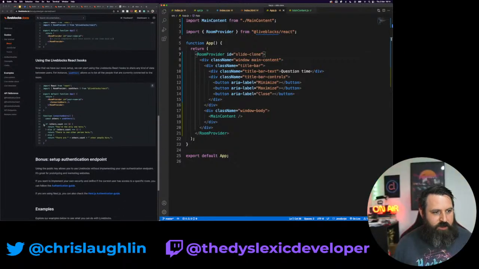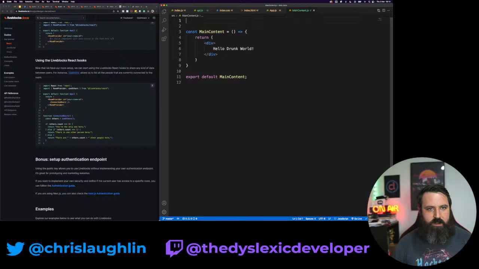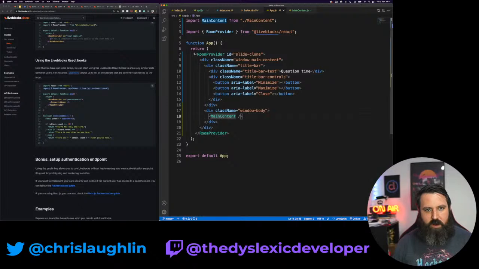So the next one in the examples here is about connecting the users. I think we're going to do this in our main content potentially, because this will show the act of using a provider and not having to prop drill down the chain. So we have this main content component, and we need to pull in these imports again. Now in this case, we don't need the provider because our provider is in our app.